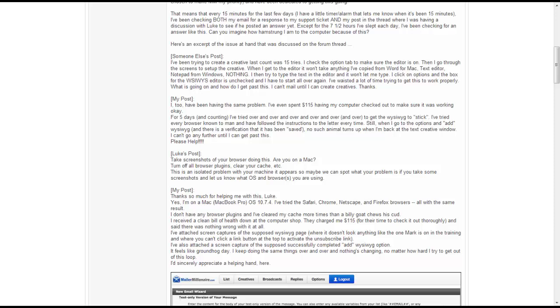So basically you say you check the options box for the WYSIWYG editor, but then you can't paste or type anything when you get to the screen, which you have a screenshot of. And so you say you click the options box and it's unchecked, and then you have to start all over again. This is not actually accurate in terms of the WYSIWYG editor being turned off. I'll talk about that in a second. The option is still on, but